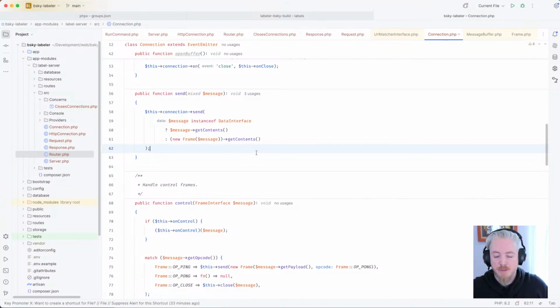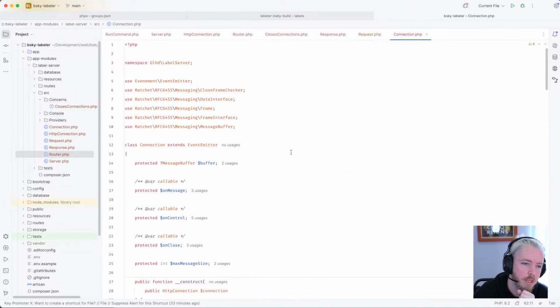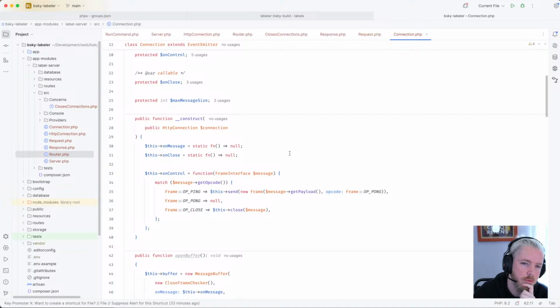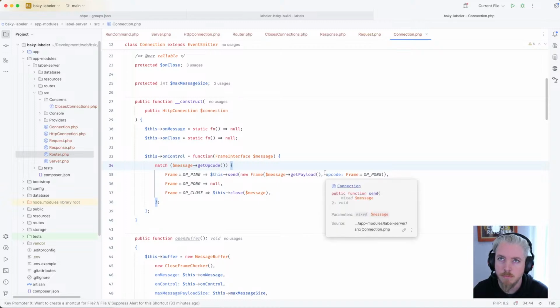All right. So here's the premise. I'm basically trying to rip out the bare minimum of WebSocket handling from Reverb and use that as my starting point for the WebSocket element of this labeler, because labelers have to be able to publish a list of labels, but also Bluesky listens and